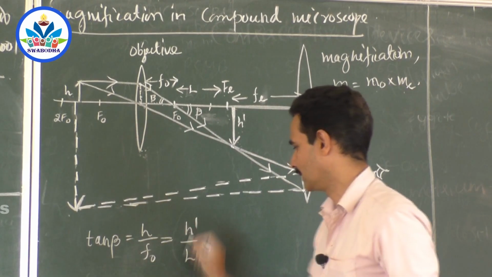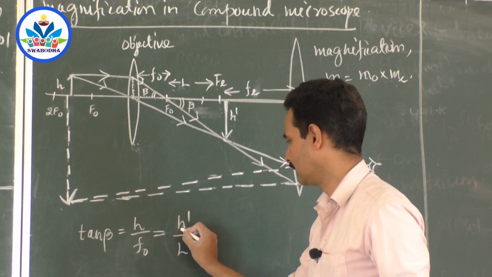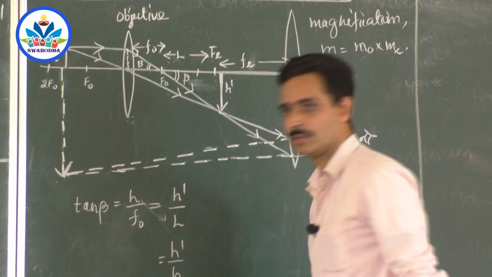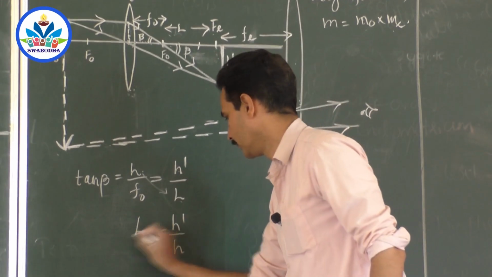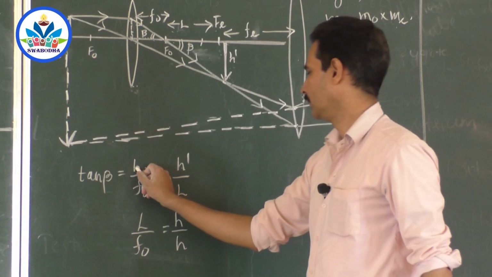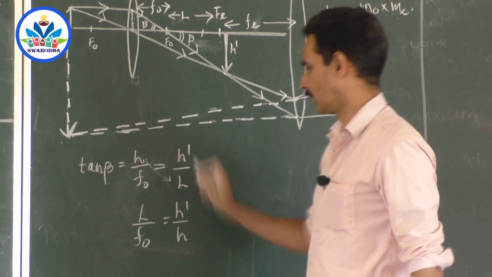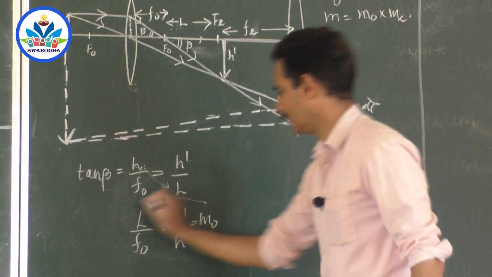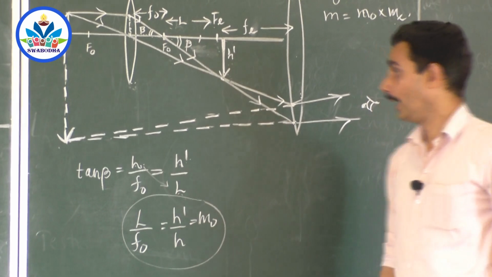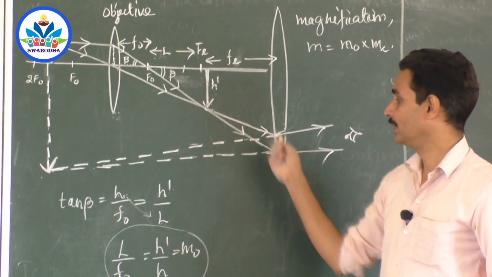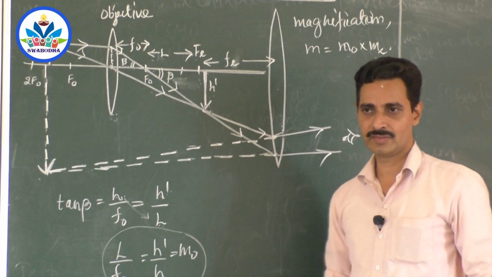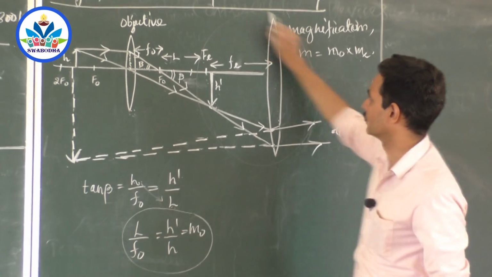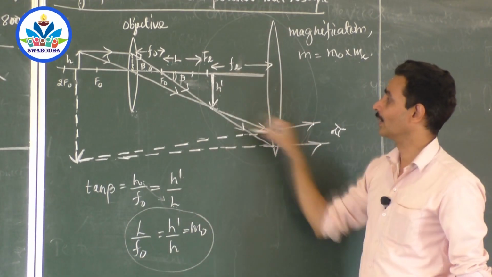Now what is h dash by h? That is what you call magnification. I can write h dash here only, and I will bring this h here. H dash by h is equal to L by f0. L here, h here, and h dash here only. This is the magnification of objective only. Am I right? L by f0. Okay. And say imagine this image is not at infinity, it is at the least distance of distinct vision. You know that in a simple microscope, of course, this plays the role of a simple microscope. Am I right? This plays the role of simple microscope.